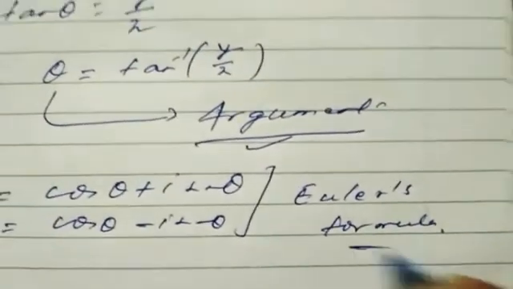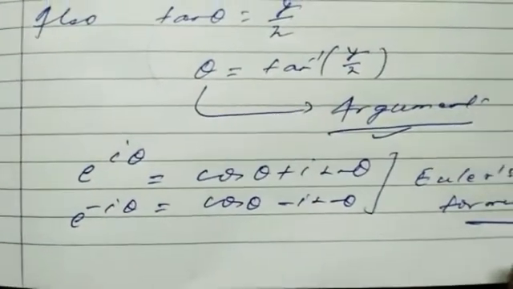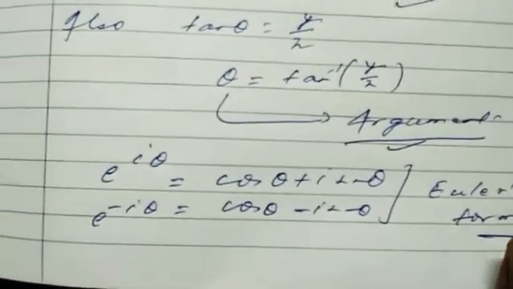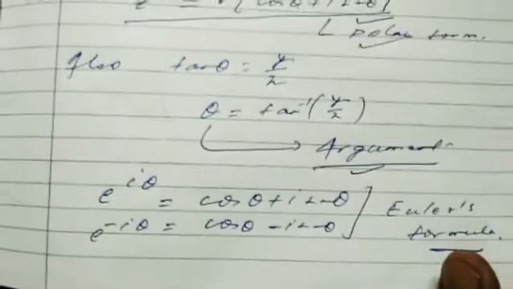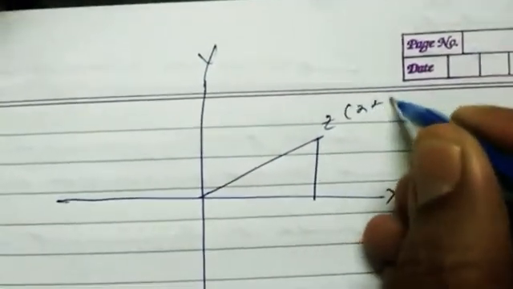Now, our motive is how to find the argument, and the argument will vary from quadrant to quadrant. Yes, it will vary because the inclination will vary. How will it vary? I'm just locating it. Just see here. This is the x-axis, this is the y-axis, and we are representing z, x plus iy, and that is said to